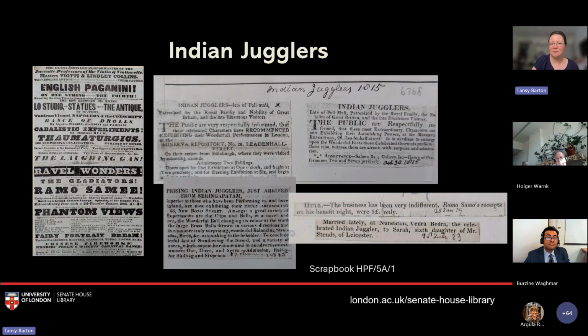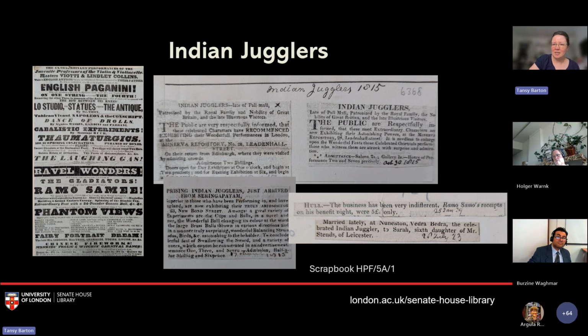So a bit of background, of course, magic was a big tradition in India for thousands of years before Indian jugglers, as they were called at the time, started to appear on English stages in the late 18th and early 19th century. And in the 19th century there was a growing, big fascination in Britain and the West more generally with India as the cradle of magic, and this came with a lot of exoticism, coming from a lot of travel accounts which greatly exaggerated what Indian performers were doing.